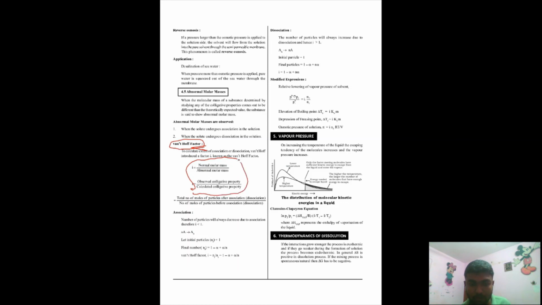You have to understand this, memorize this concept, and then all of the four colligative properties change according to the Van't Hoff factor. As you can see here, the i gets incorporated into every single expression. What does i stand for? It stands for the Van't Hoff factor of that particular solution. I'm sure you guys all understand this. I'm just pointing out the important sections that you have to memorize and revise before the examination.